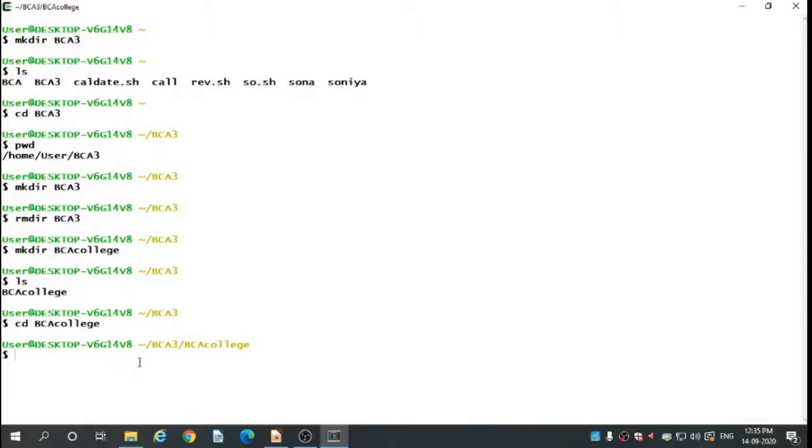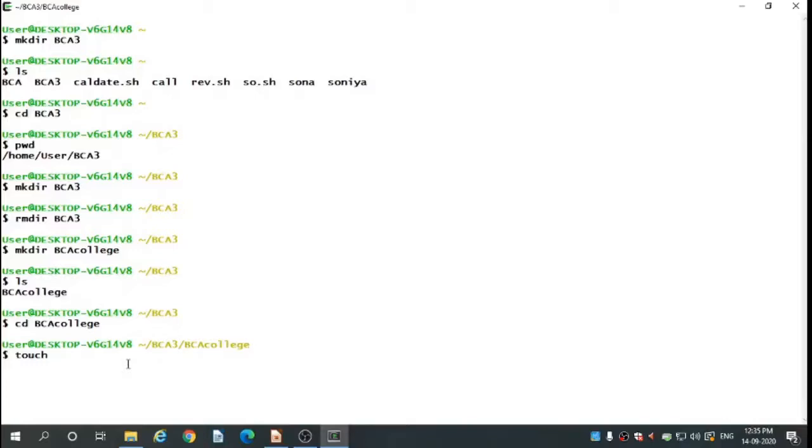Now in that BCA college we are creating 3 files, that is A, B, C, D. You can give any names. To create empty files, we can create multiple files at the same time, not only one. We can create 3 or more files with the help of the touch command. It will not contain any data in that file.